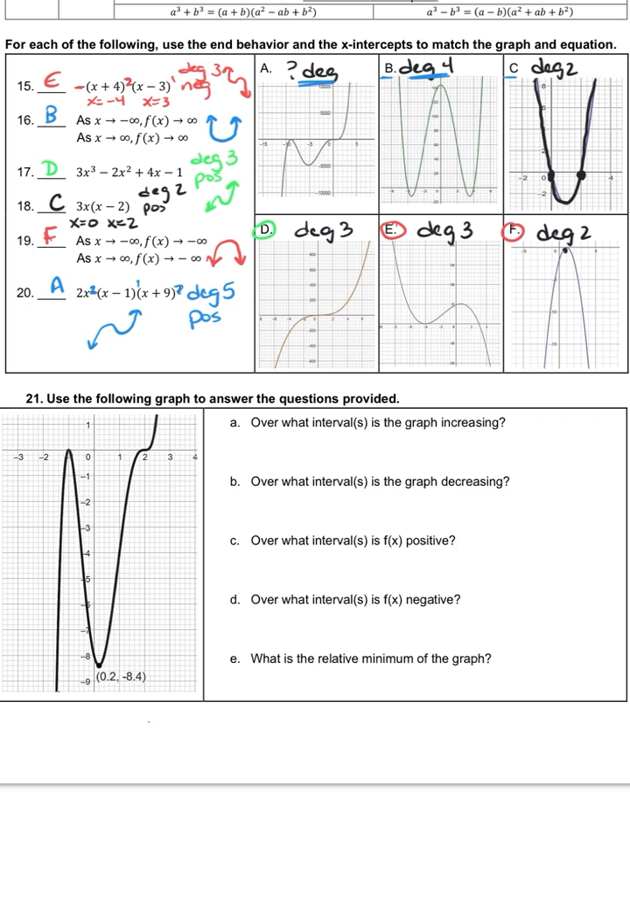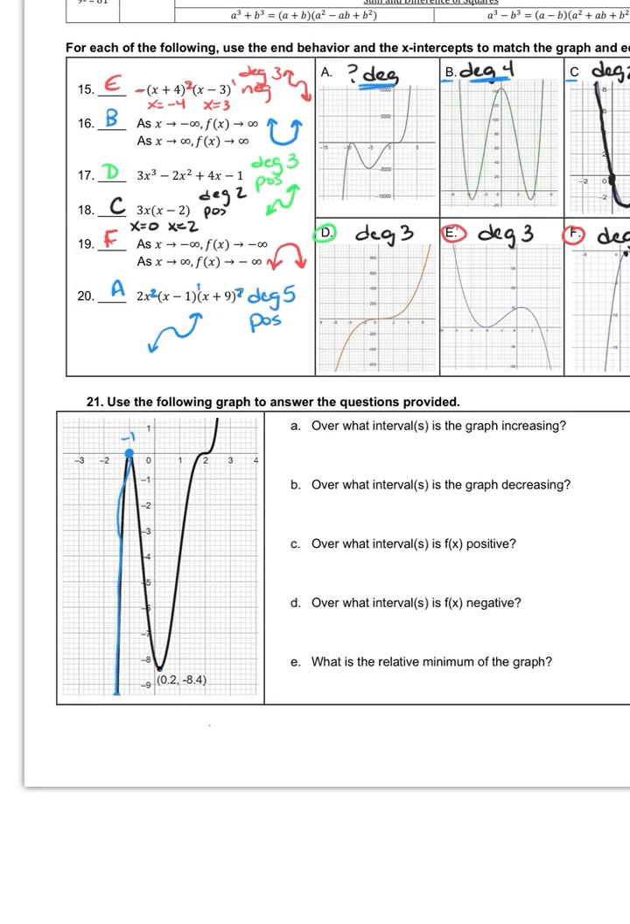Okay. And then lastly, on what interval is the graph increasing? So it's going up from here to here, which is at -1. And then it goes up again from 0.2 to infinity. So remember that it's looking for the x coordinates. So you have infinity and negative infinity. So this first section is negative infinity to -1. And then it's also going to be 0.2